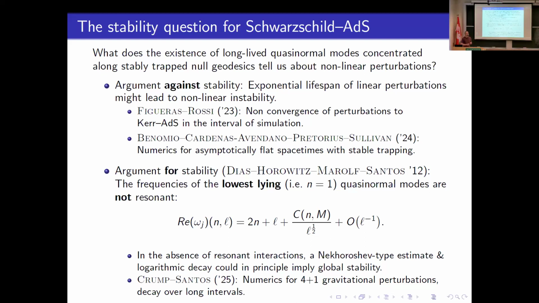But here, due to the presence of the horizon, there is some dispersion, right? So the solution decays, even though very slowly, but it decays logarithmically in time. So let me try to present both arguments. On the one hand, we have the argument against stability. For instance, as already proposed by Gustav Holzegel and Jacques Smulevici, in their paper on the linear wave equation,